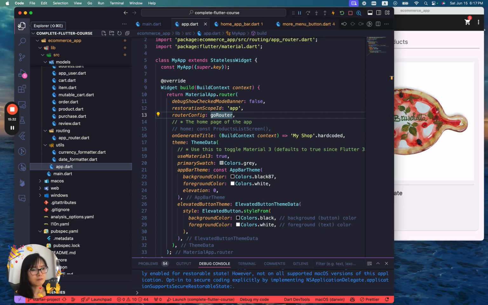So at this stage, please go ahead and open your terminal. Then you can discard any working changes that you may have by running git reset --hard HEAD. And then you can run git checkout section